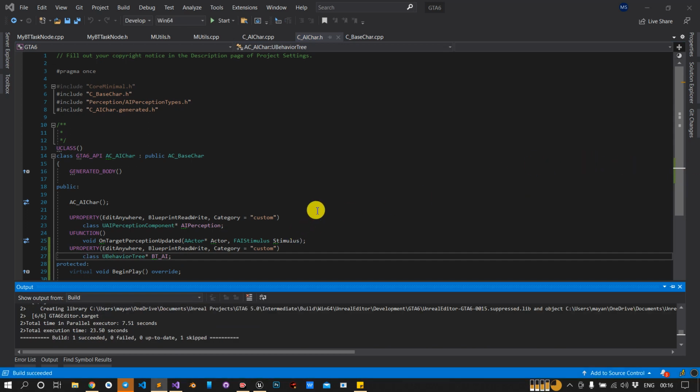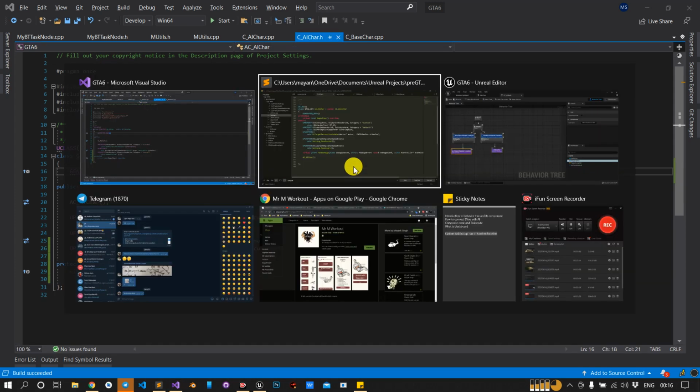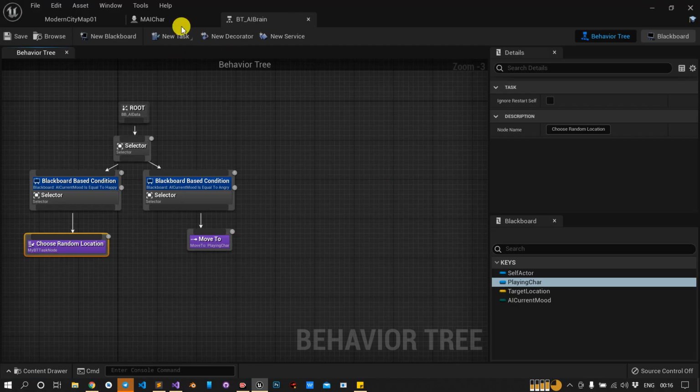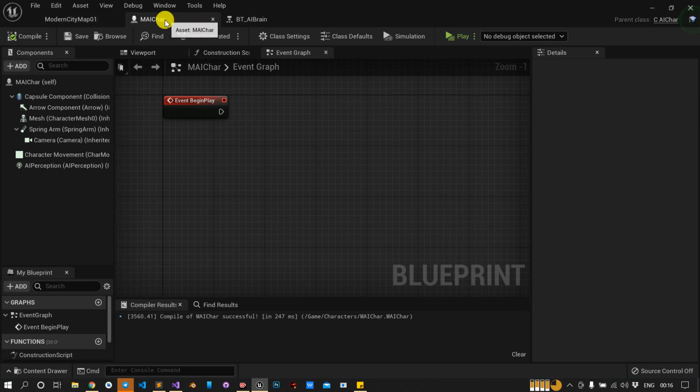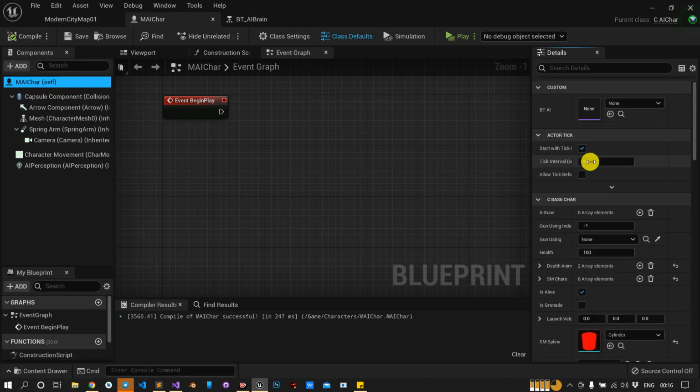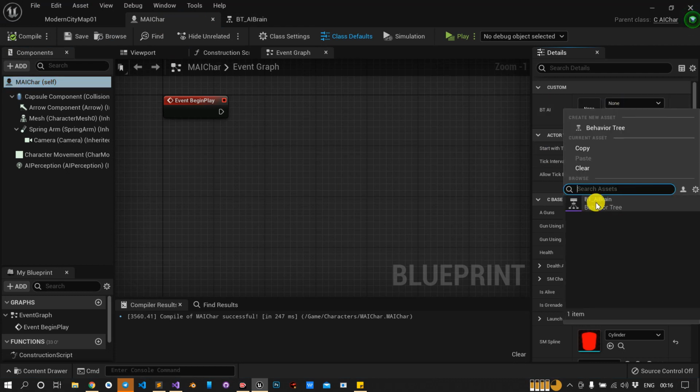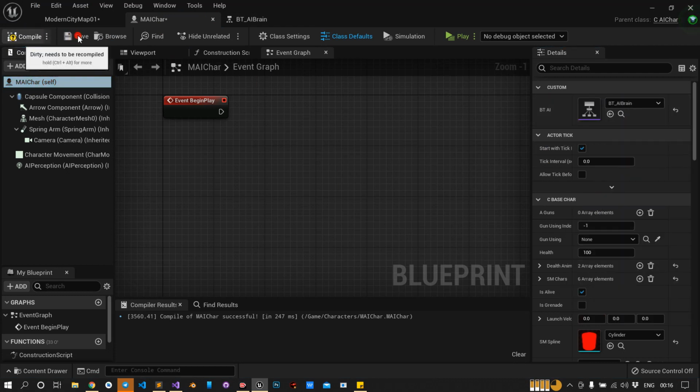Perfect, it's a success. Now go to Unreal and open the AI character. Click here, and you should have a variable called BT_AI, where you can connect the behavior tree. Now we have connected the behavior tree with our AI.